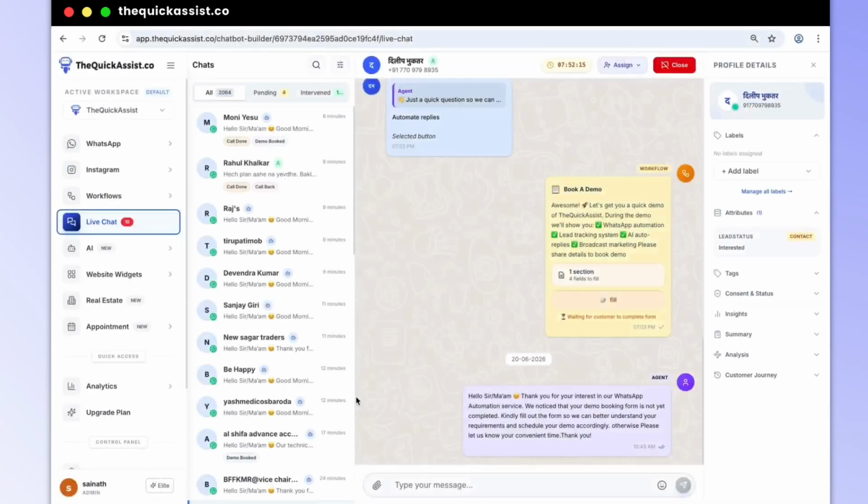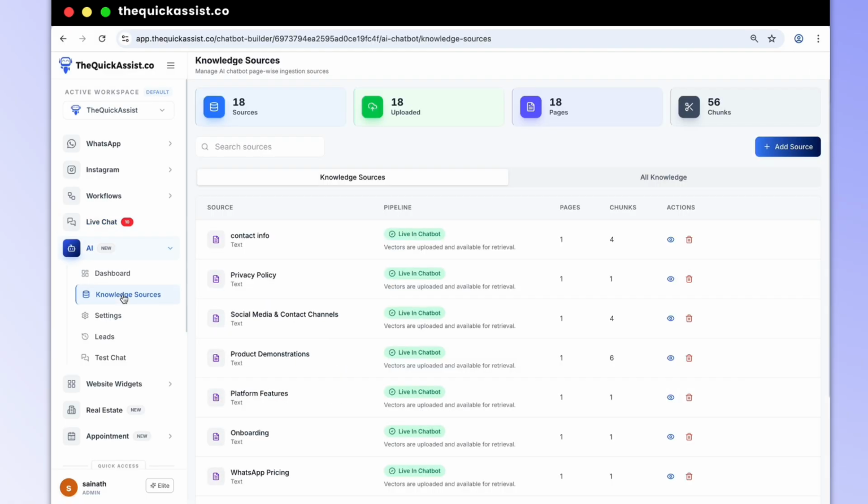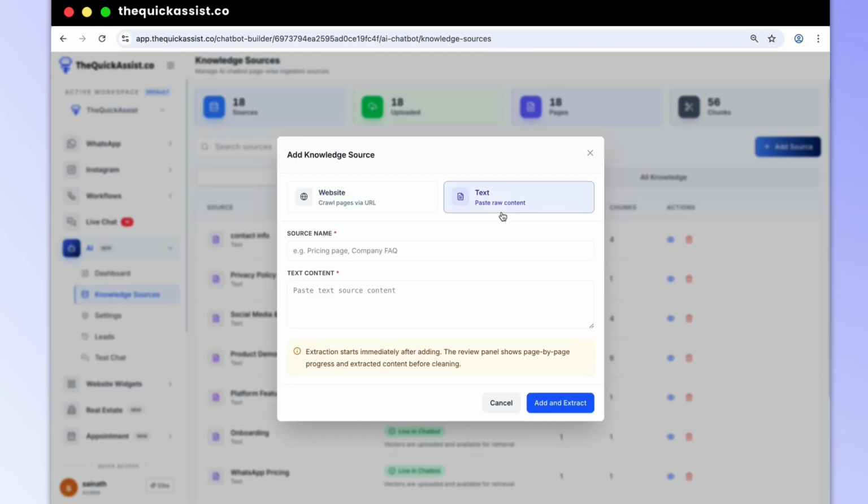An AI agent is an advanced virtual assistant that can automatically handle customers' conversation without a human intervention. So, when we click on knowledge sources, to add knowledge, click on Add Source. We can either add a website URL where the system automatically extracts information, or use the text option to manually add FAQs, product details, or business information.